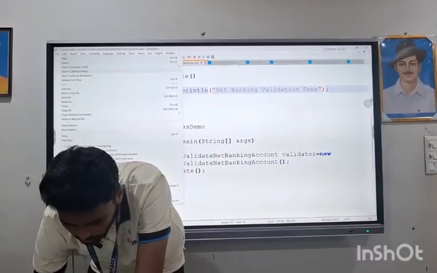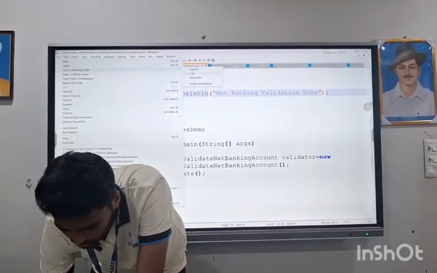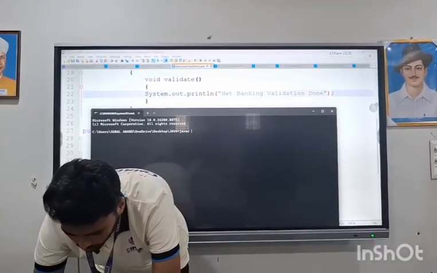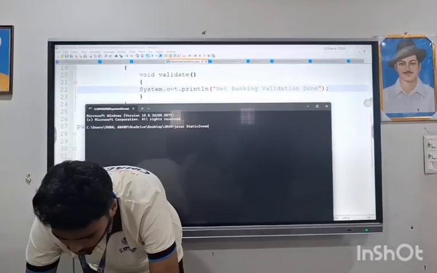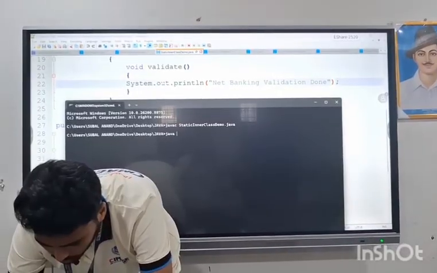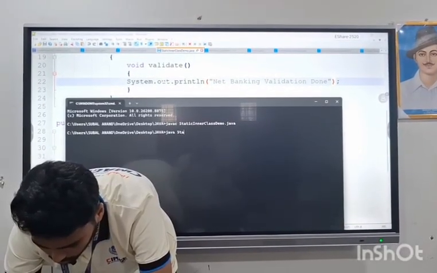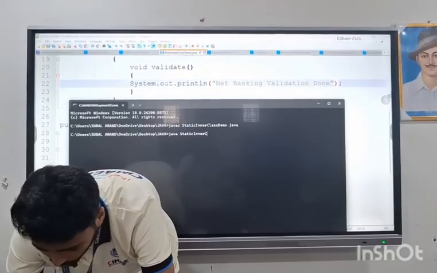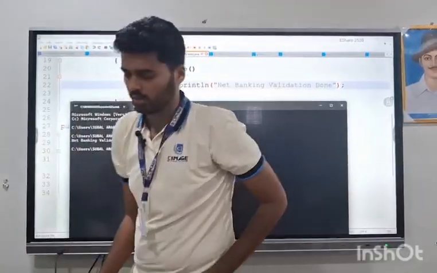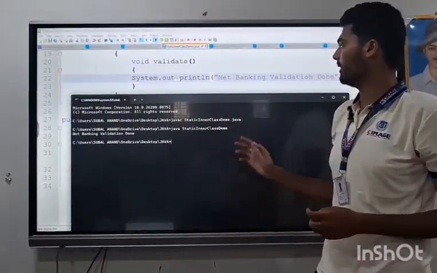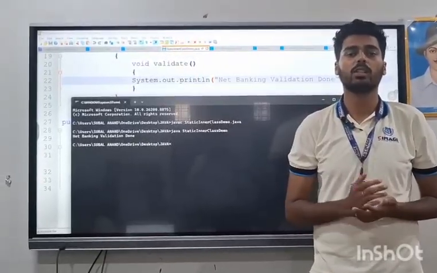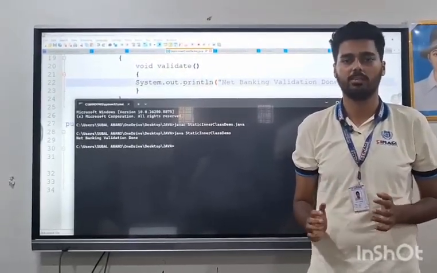Static inner class. As you clearly see, we have fetched the data of the outer class inside the inner class without creating an object, through the static inner class method.